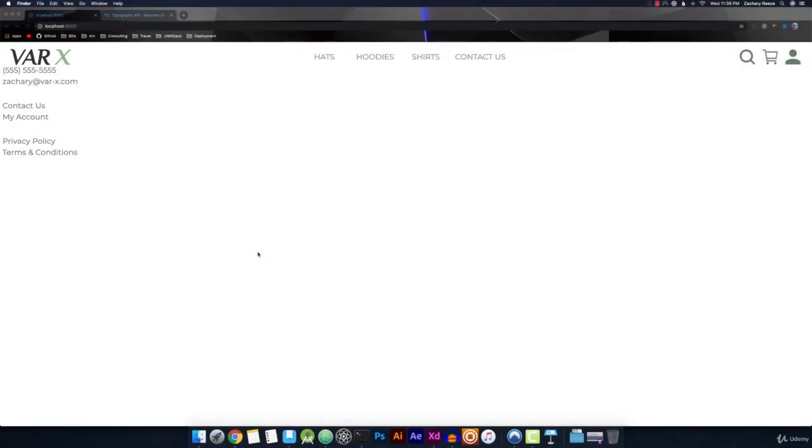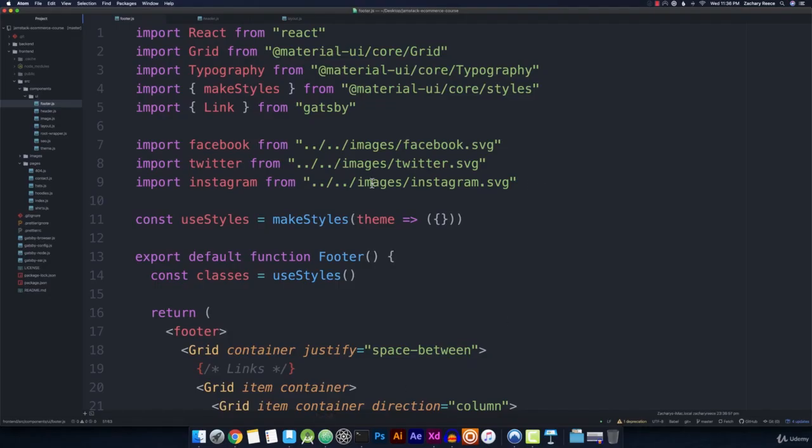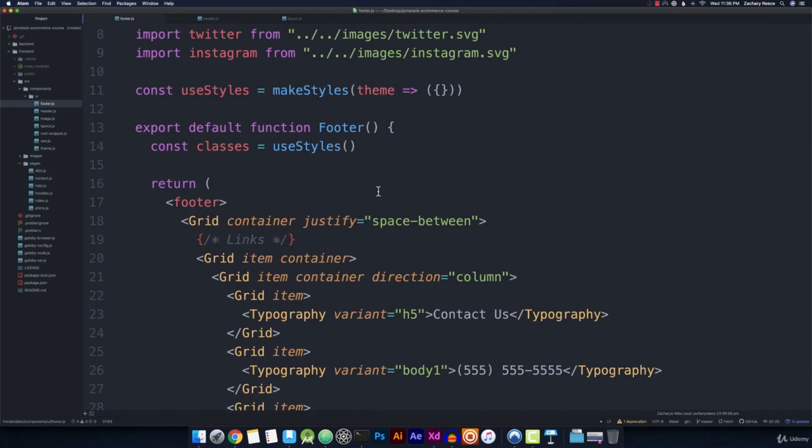Alright, so we just created our footer, but it's definitely not looking how we expected it to. So let's take a look at how we can start to clean this up and style it how we expected. So I'll open up the code editor. And the first thing we'll do, just so we can make it a little easier to see everything that's going on, let's go ahead and give our footer a class name of